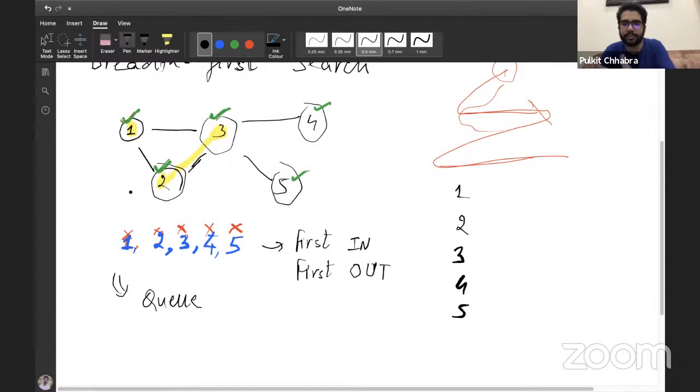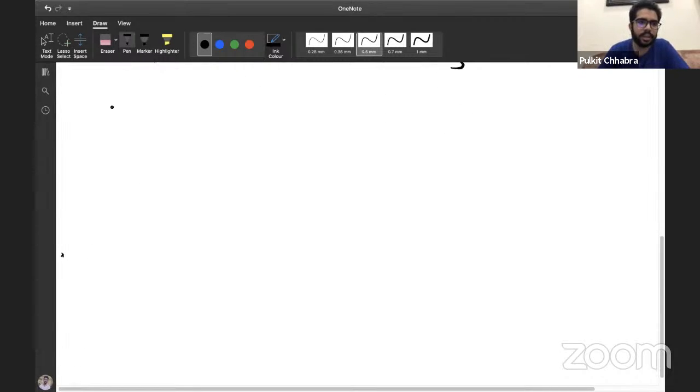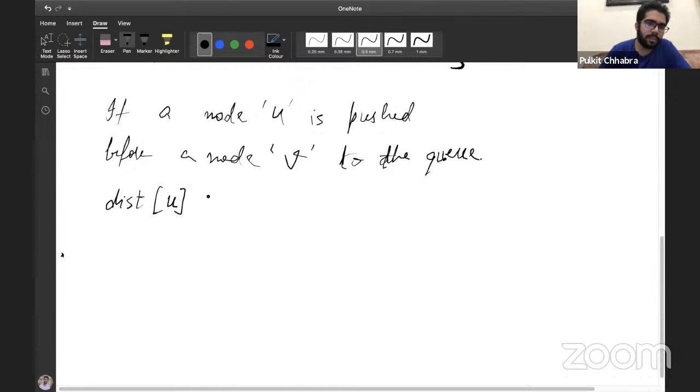So what I'm trying to say here is, just hear me out, if a node U is pushed before a node V into the queue, the distance of the node U will be less than or equal to the distance of the node V. This is another observation that I want you guys to draw here, right?